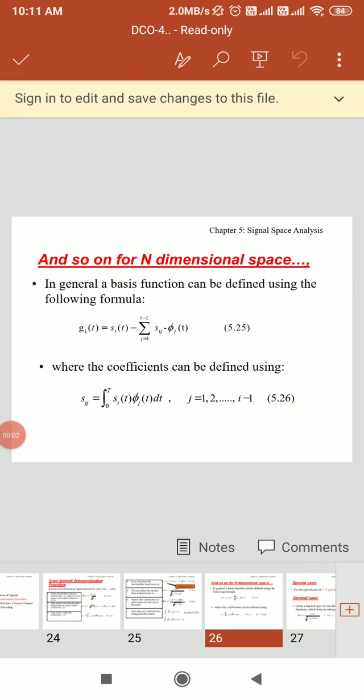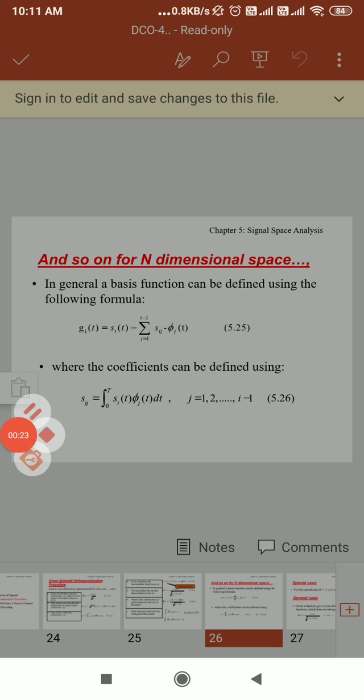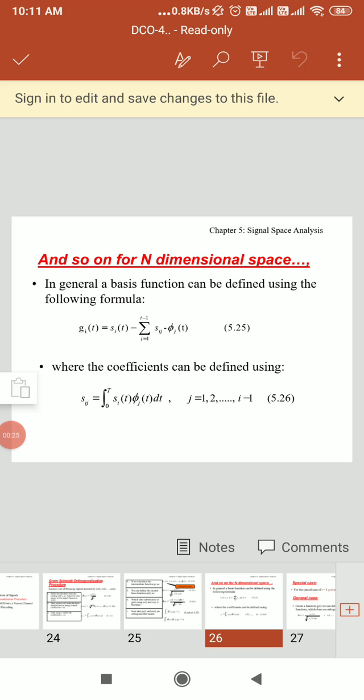So here we can take n-dimensional space. Here we are supposed to represent the geometrical representation for signals in n-dimensional space. In general, basis functions can be defined using the following formula. We are taking gi of t equal to si of t minus summation j equal to 1 to i minus 1 of Sij phi j of t, where